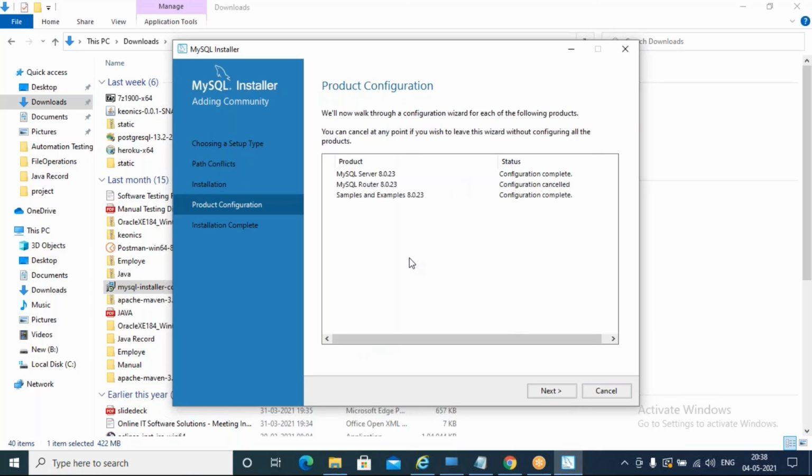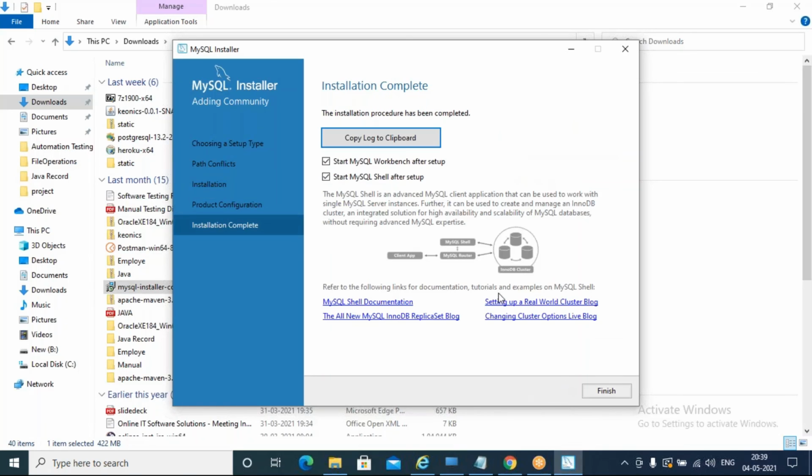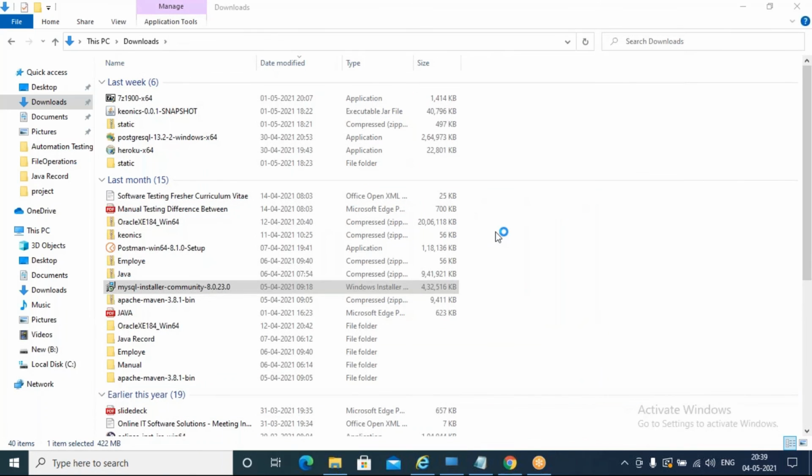Now the sample product setup is coming. Click on next. It asks whether you want to start MySQL Workbench after setup. I will keep both of these unchecked, otherwise it will just start MySQL Workbench. Let me hit finish.